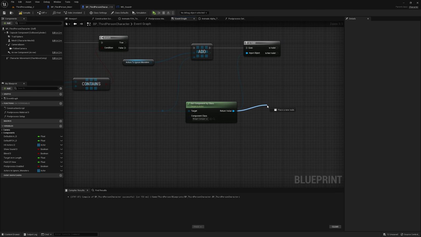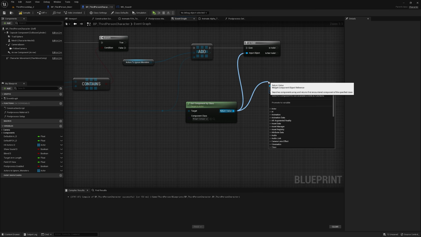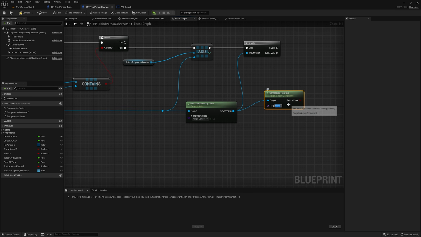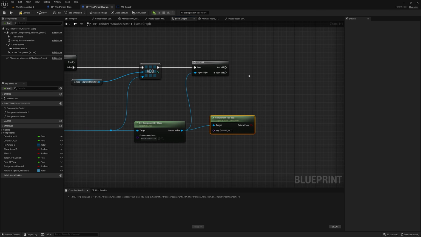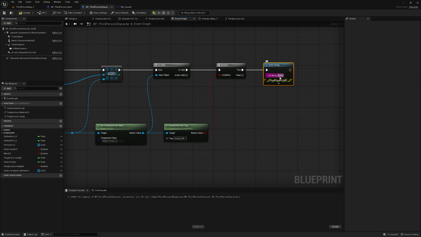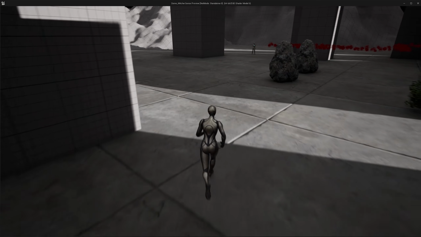We can check if it is the same component we want. So here we can type in has tag, component has tag, and here we can type in the tag. So sound WD. And if this is valid and also has this tag, we can proceed to the next thing. So right now I will just print, and we will just type in hit monster. And now if I press play and press R,